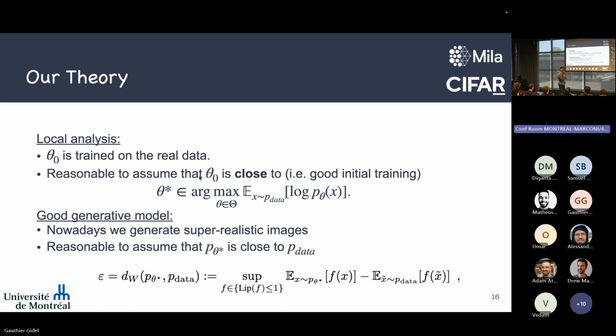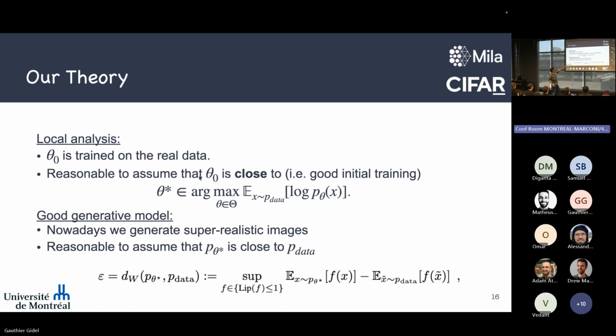And what we will see is that if epsilon is small enough, meaning that our original data generator is close enough to the data distribution, we can afford a big lambda. The better the original fake samples are, the more stable you can be, which makes sense. Okay, so that's the idea for the theory.